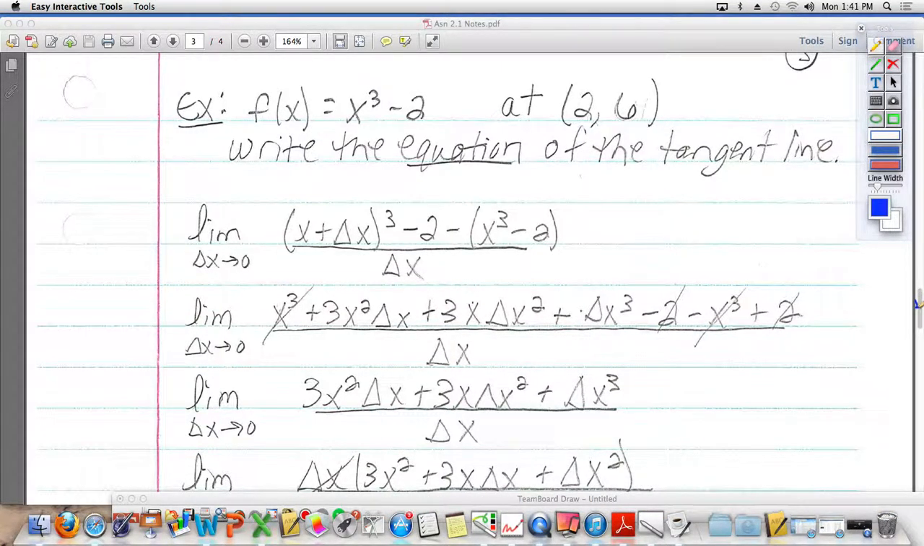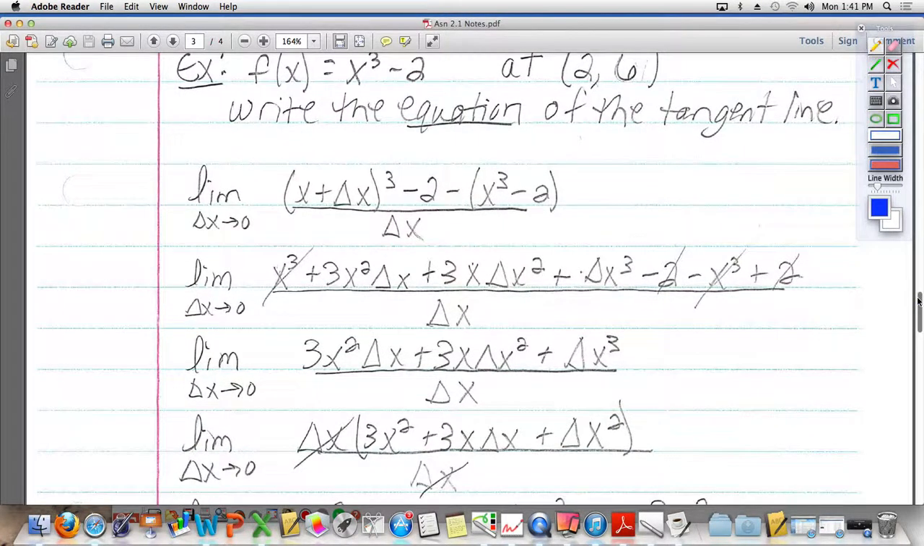So, in this problem, we have x cubed minus 2. So we write the equation of the tangent line. To do that, you take the limit as the change in x approaches 0. So I go back to my original rule. Here we go. X cubed